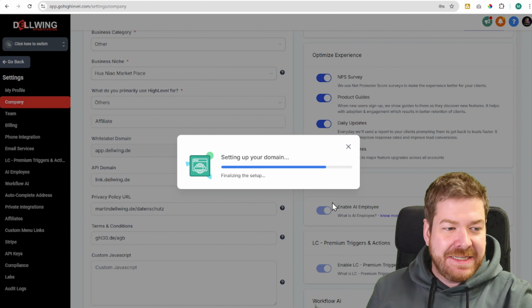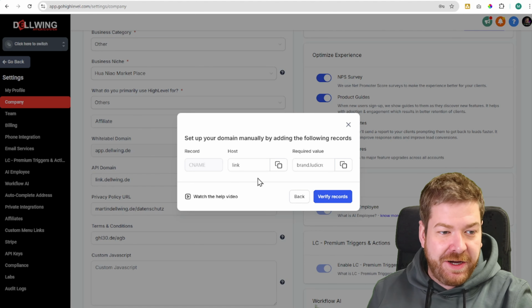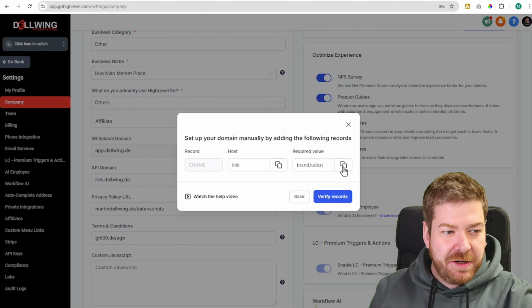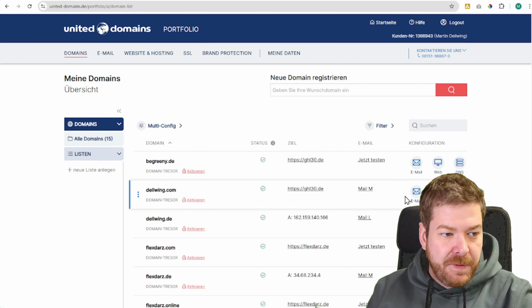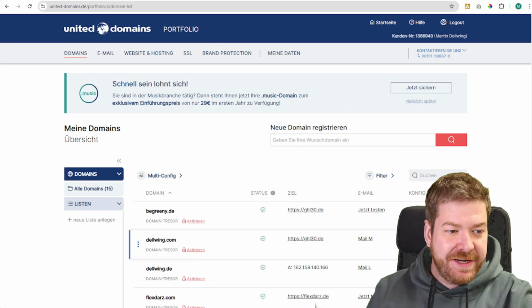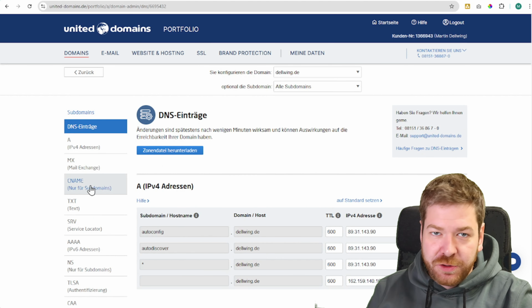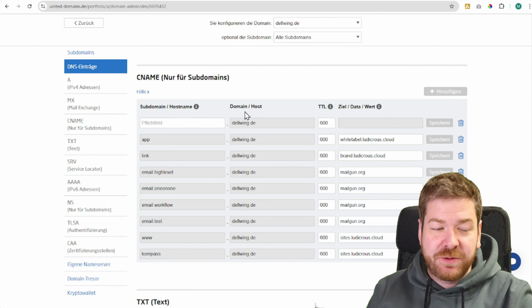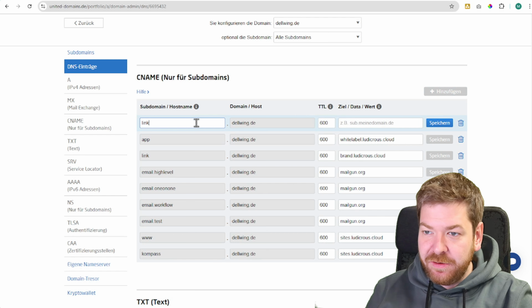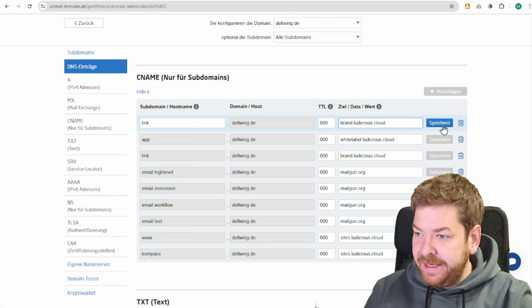Next, you will see a DNS record that you need to set up with your domain provider. Some providers might look a little different, but the process is very similar everywhere. Now I go to my domain provider, click on DNS next to the desired domain, go to the CNAME entries, enter the information I just received, subdomain or host name, domain is already there, and this brand ludicrous.cloud, and save